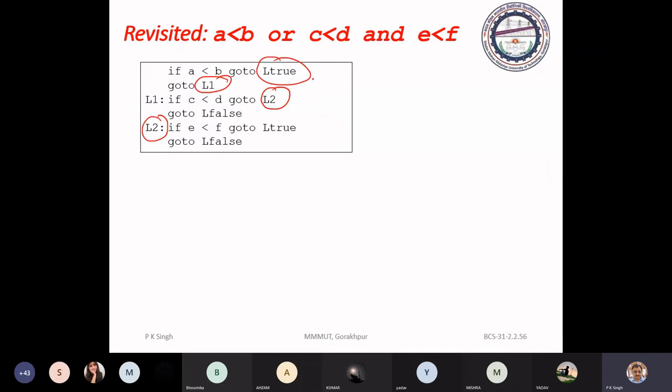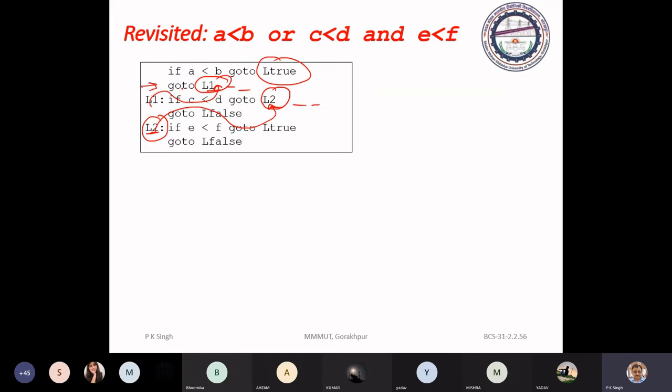You just leave space here. When L2 is generated, you have to backpatch here. When L1 is generated, you have to go back and patch it. Forward references are not available when we are generating the code at a particular reference.